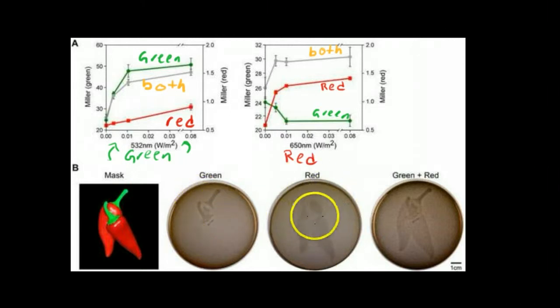In the red sensor, we see a similar effect. And in this case, you notice that it's a little bit lighter. The researchers did that on purpose in order to create contrast for when they did the green plus the red. So when you get the green plus the red, you end up with this overall image. And it's kind of interesting to notice this part right here, where you have the bit of green shining within the red. It just goes to show some of the resolution in this, in that it's actually the individual cells that are responding to this input of light and not an overall signaling between each of